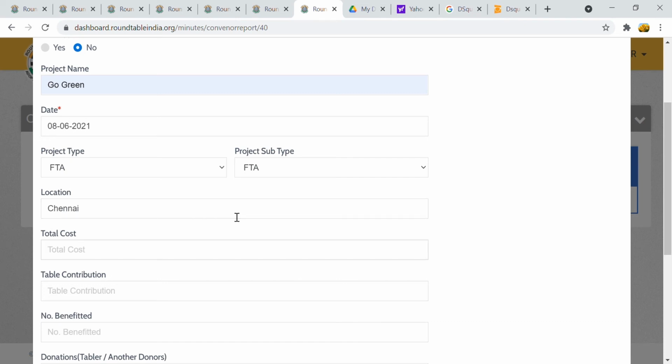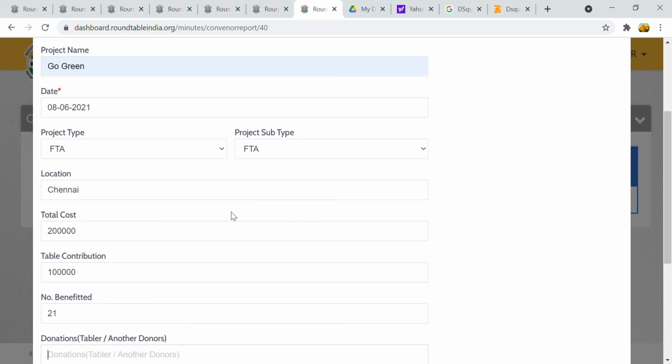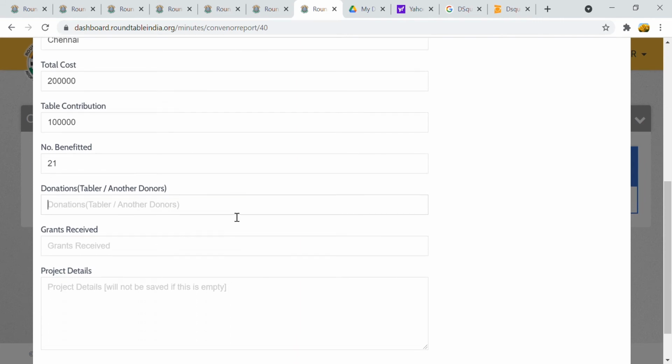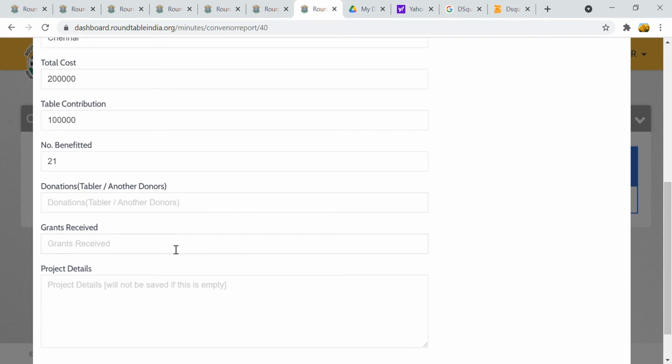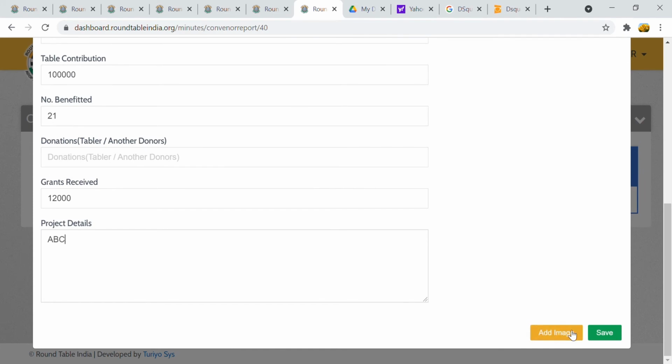Total cost, table contribution, number of people benefited, donations by any tablers or other donors, grants received, project details, and save and proceed.